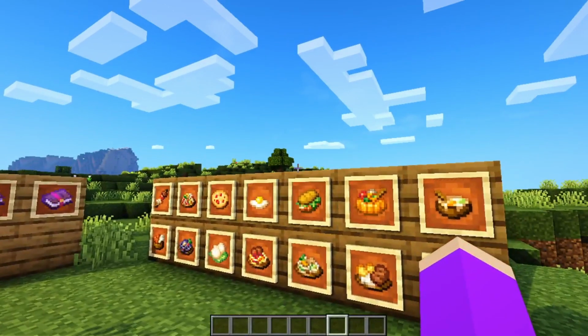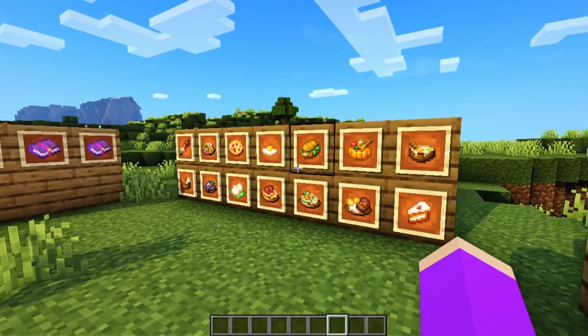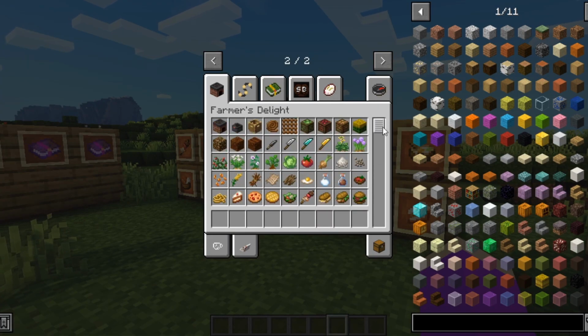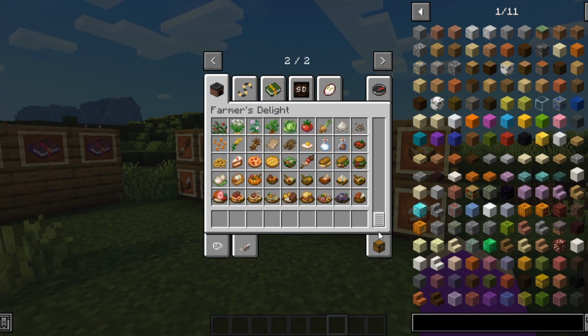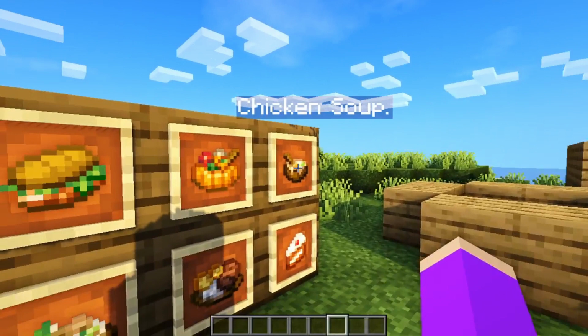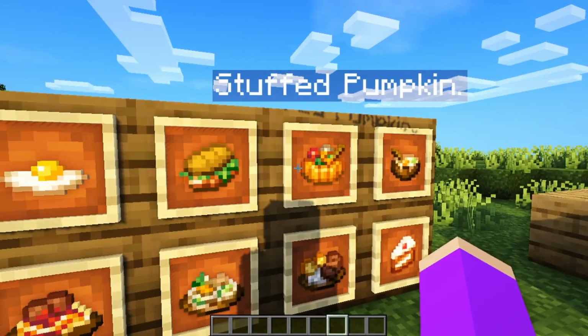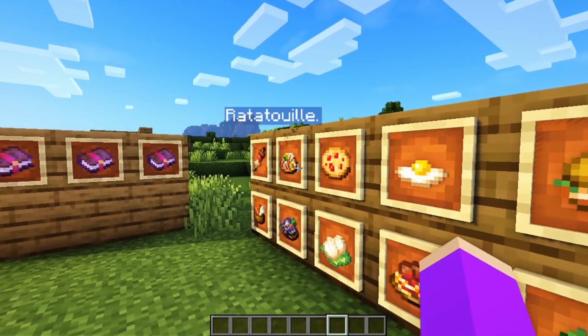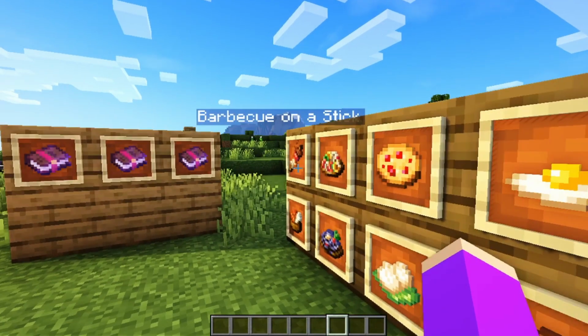Now, moving on to the stars of the show is the food. As you can see over here, there is a whole variety of food in this mod, but I will show you some of my favorites. Some examples of food are chicken soup, stuffed pumpkins, chicken sandwich, fried egg, sweet berry cookie, ratatouille, barbecue on a